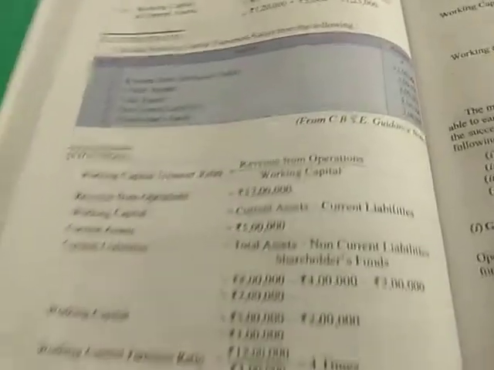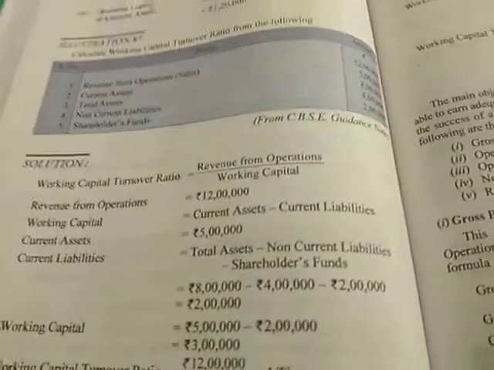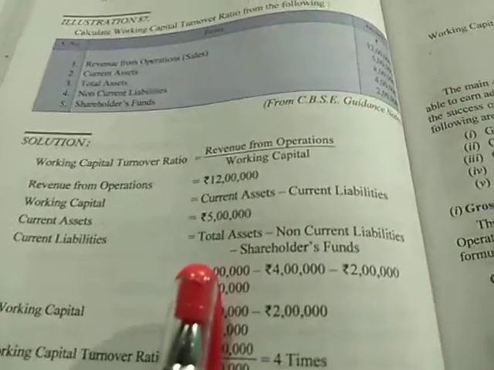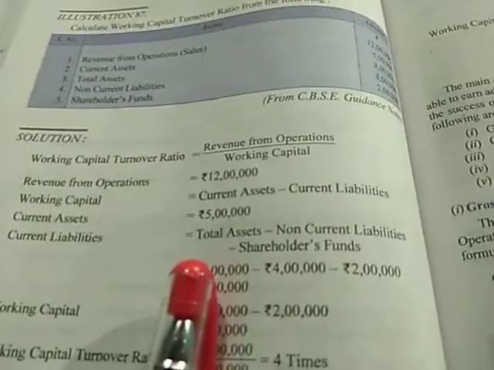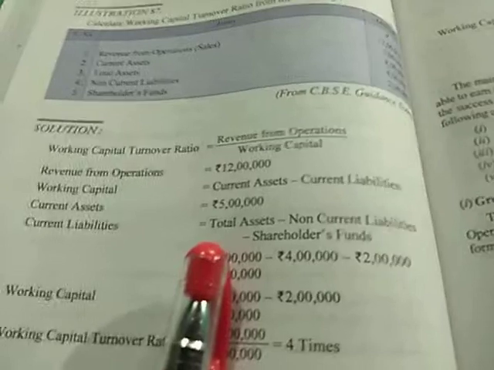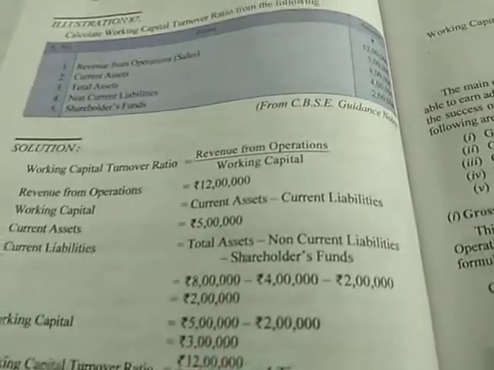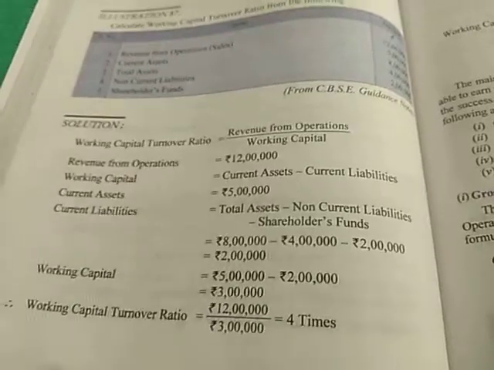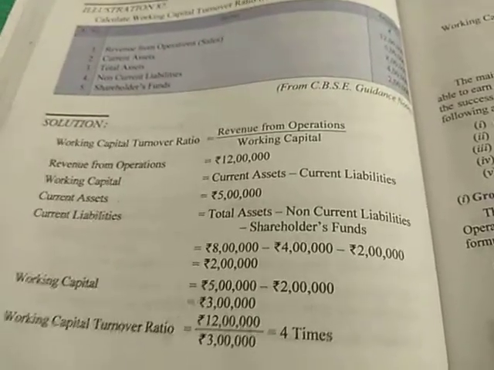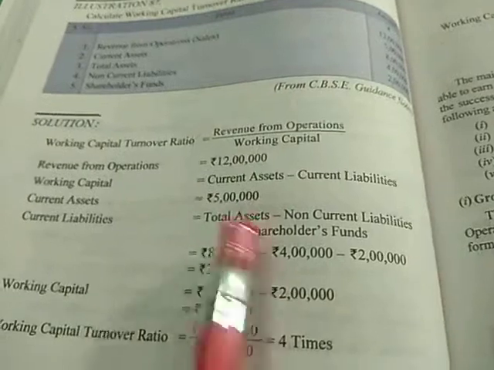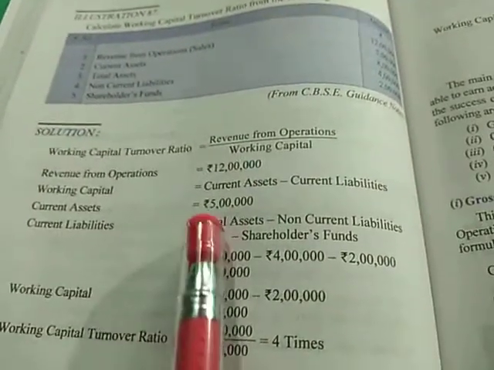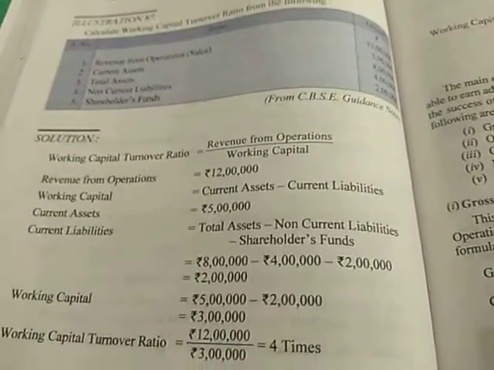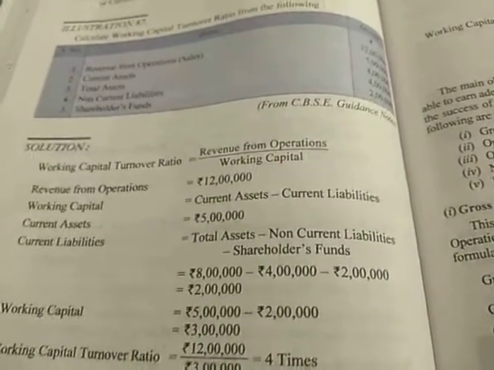Total asset is always equals to total liability. So we have taken the total asset equals to total liability, and total liabilities include shareholders fund, that is equity, next non-current liabilities and current liabilities. Here in this question, non-current liabilities and shareholders fund both are given. Current liability is unknown still. So from the total liability or total asset, because total asset is equals to total liability, if we subtract the non-current liabilities and the shareholders fund, the remaining part will be current liabilities.